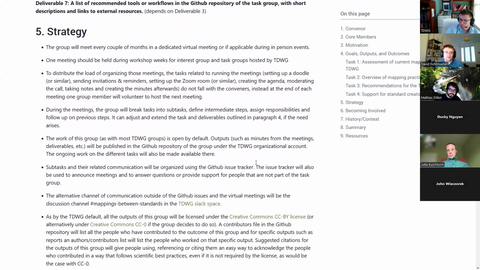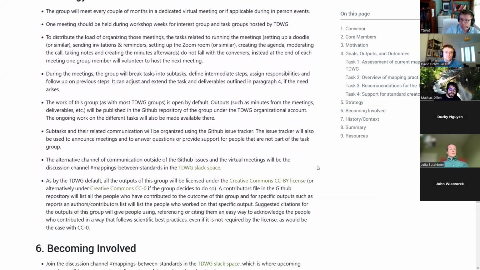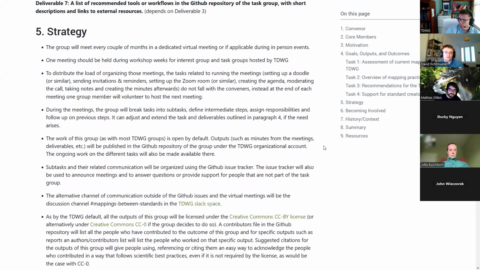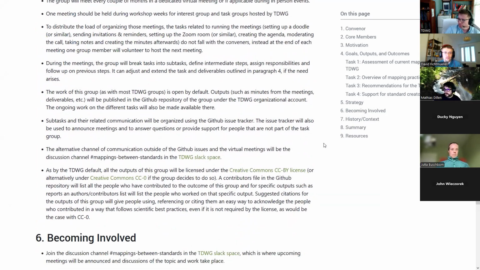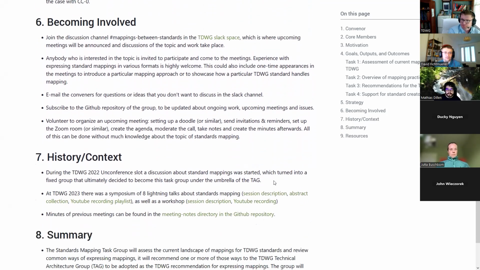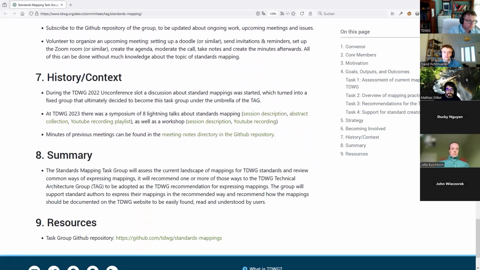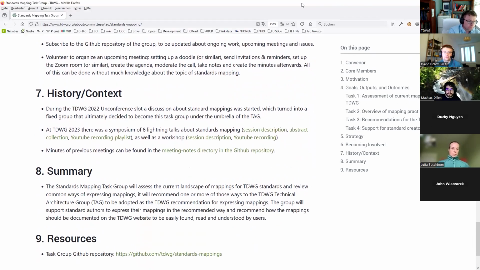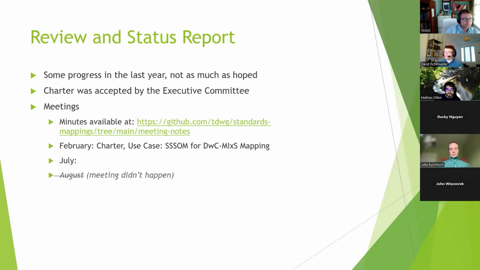And then the bottom of the charter document lays out a bit how this group is going to work and how to get involved. Some of that I already mentioned here, a bit of historic context. So much for the summary of the charter.